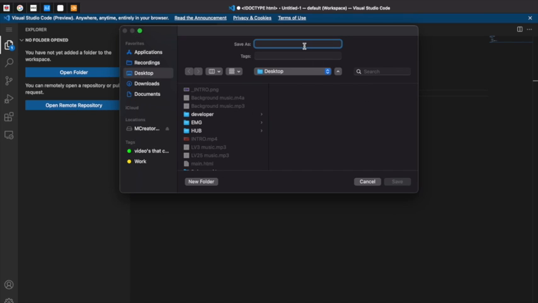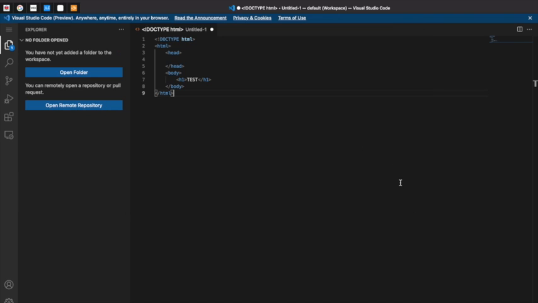Now, I'm going to call this my_web, and remember, .html, never forget to do that. That there tells our computer that this is an HTML file, otherwise you cannot run it. You better not forget that, okay? .html, and that there is lowercase. Save. And now if I open this up,